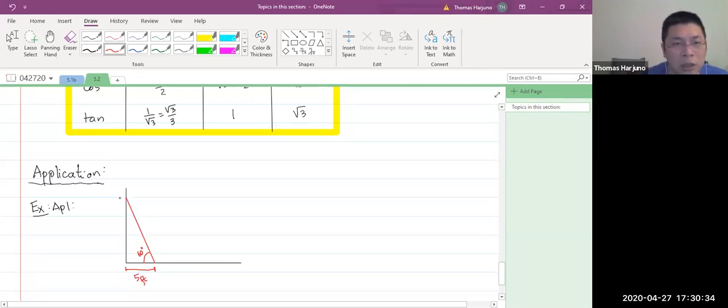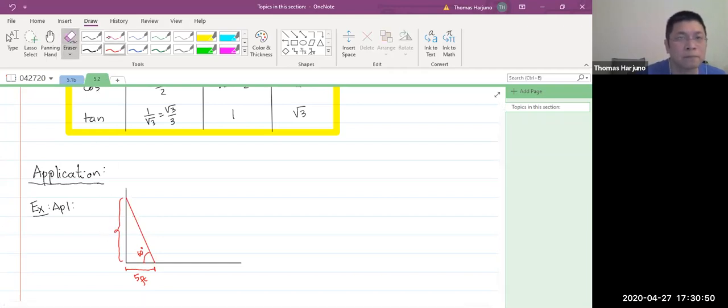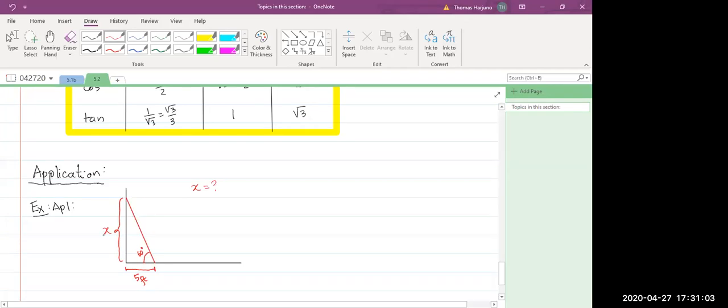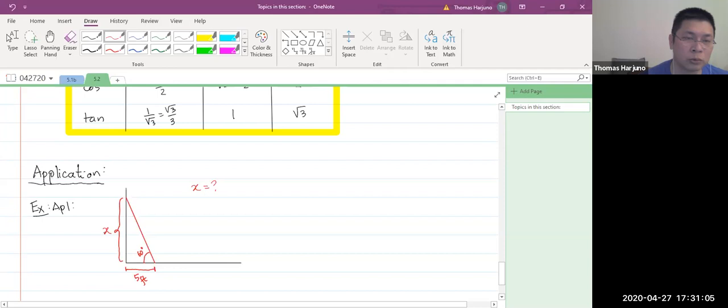Then the question is how high on the wall does this ladder reach. Let's call this x. So the question is, what will x be? Now of course, x be 10. Actually no. The length of the ladder will be 10, but the x is